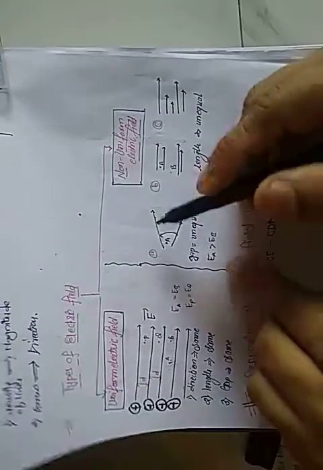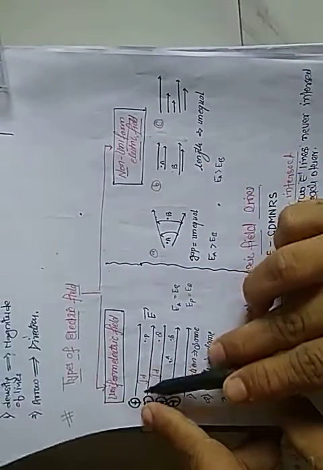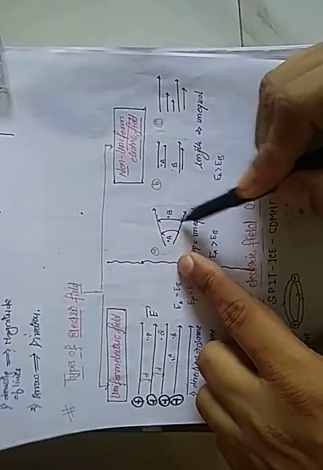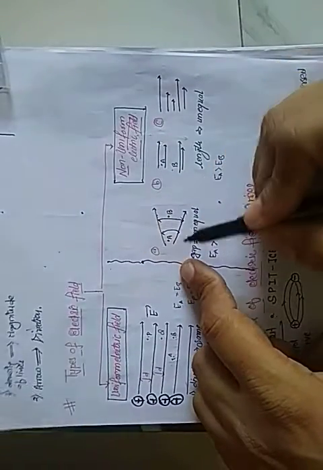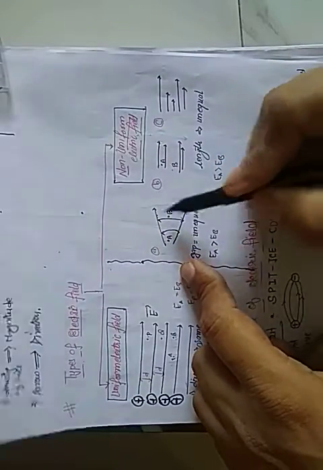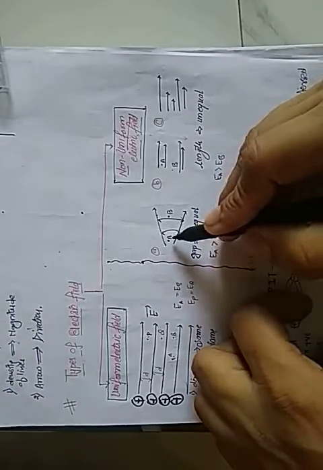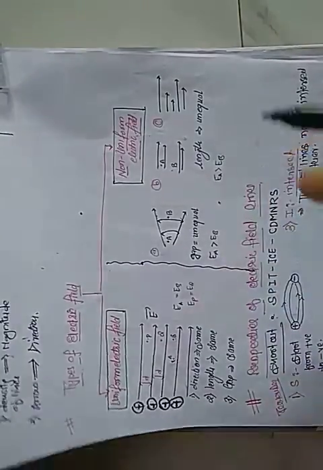Okay, but if we talk about the non-uniform field, here the gap between two lines at every point is not the same, the distance between them is slowly increasing. It is moving in this direction, so the gap is continuously increasing. It is not equidistant, so the gap is unequal. So we can say at point A and point B, the field at point A is greater than at point B. How can we say? With the help of this.